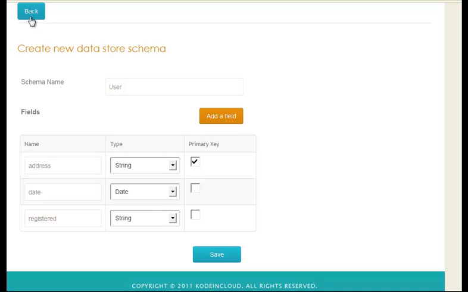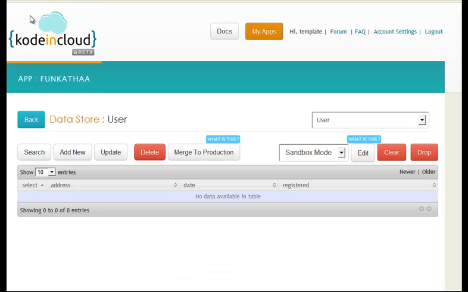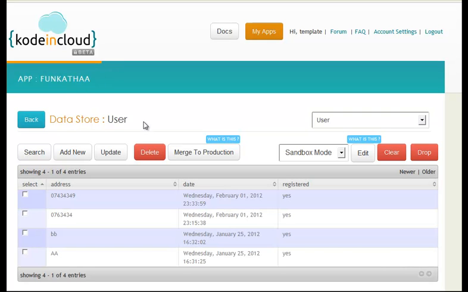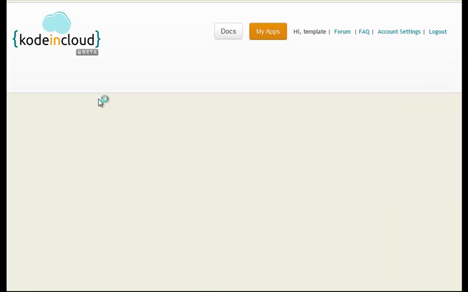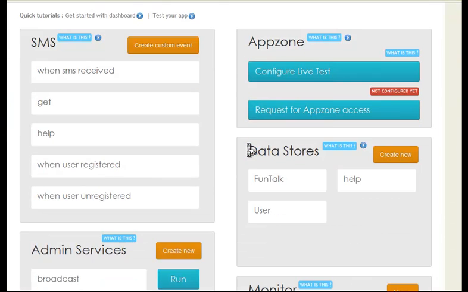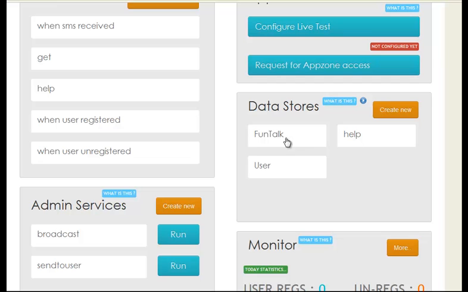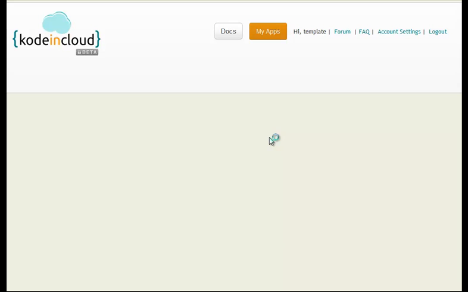So this is it. Here let's go back, and let's go to the dashboard again, and there's another data store named as fun talk. We use this data store to store the fun codes basically. So let's click this, and